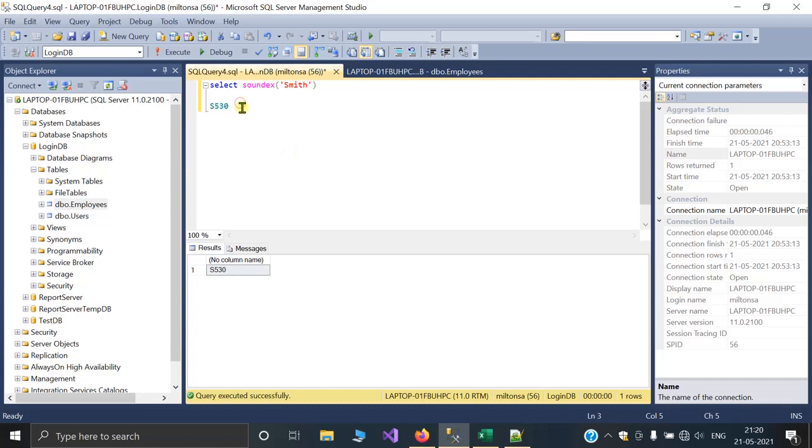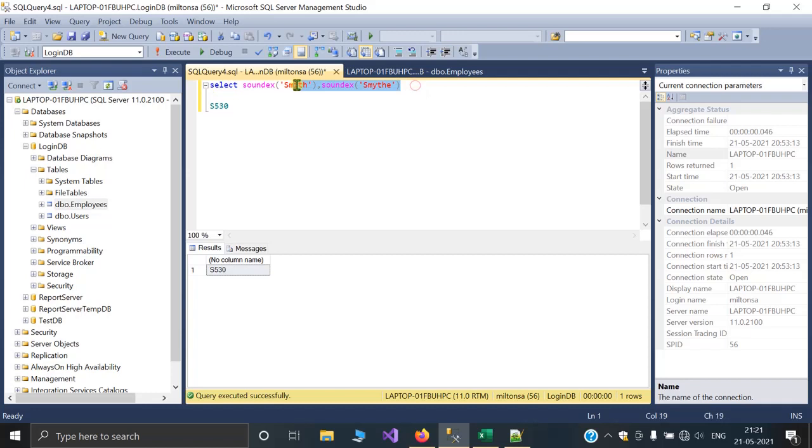So guys, if I write the same sound with different spelling, that is Smyth, SOUNDEX, in the brackets write the character expression Smyth. These two strings have the same sound but different spelling.